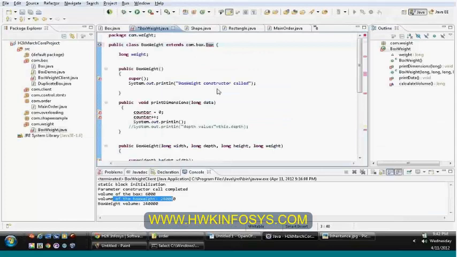Then only the Java compiler will be able to understand that you are trying to access the box class which is available under the com.box folder. But previously, we didn't specify com.box at all. Previously the box weight was available at the same location.